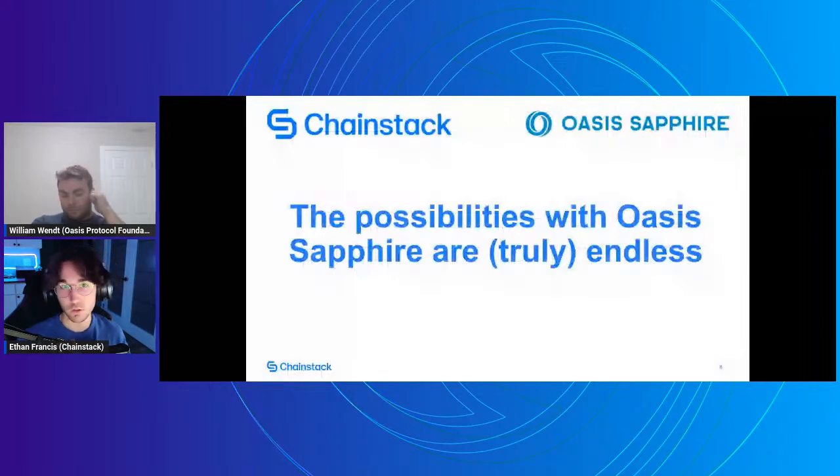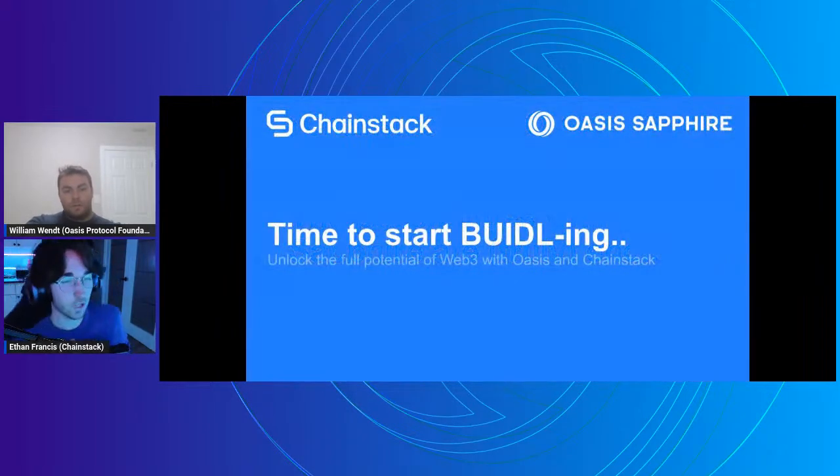And you can get started today by going to chainstack.com and launching an Oasis RPC node, throw that into your application, into your deployment script or Web3.js or whatever else you're using to build and interact with Oasis, even MetaMask if you want, and start creating exciting applications. Right now is absolutely the perfect time to do it. And like I mentioned at the beginning, I can't wait to see the things that people build and the ways that people leverage Chainstack to build these things. It's a huge opportunity for developers. It's time to start building things, time to start leveraging Oasis, time to start leveraging Chainstack to build on Oasis,